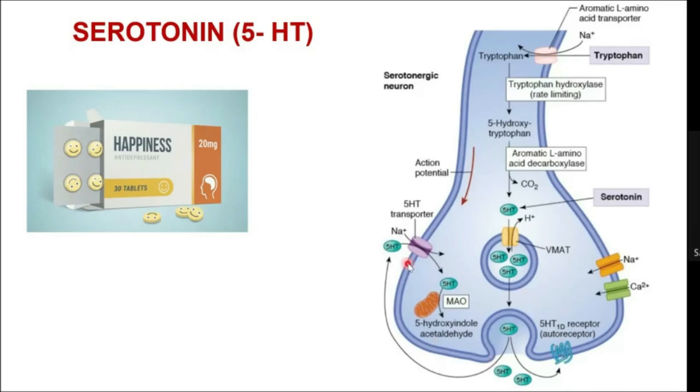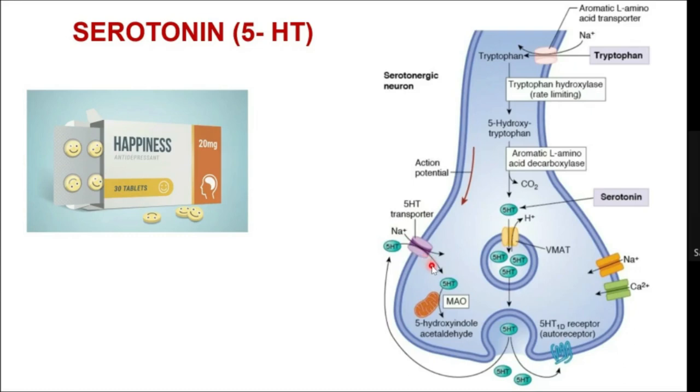Then what is the other fate? This is fate 1. What is the other fate? The other fate for this neurotransmitter is to get transported back, or there is a reuptake of it. Here you have to mind it. There are many antipsychotic drugs which are going to block this transporter. So 5-hydroxytryptamine along with sodium, with the help of the 5-hydroxytryptamine transporter or serotonin transporter, is going to get transported inside